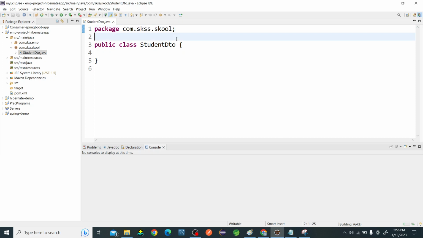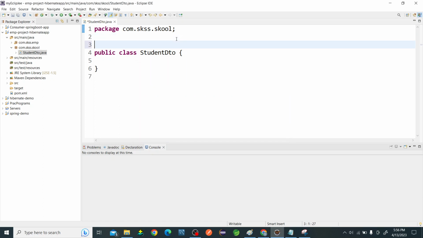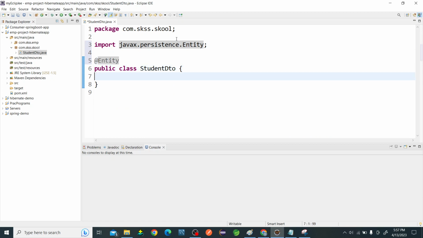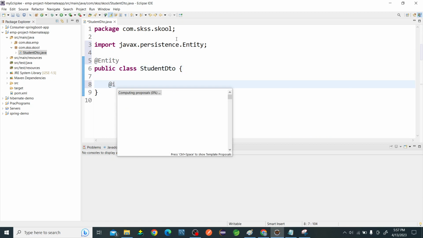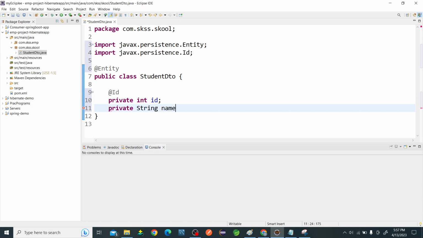com.skss.school. Now I want a table for this class. So what is the implementation we use? At the rate Entity. Do that. And next, primary key is required for the ID. And I will be declaring ID, name, and